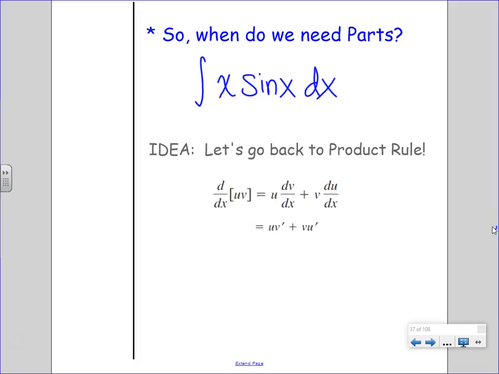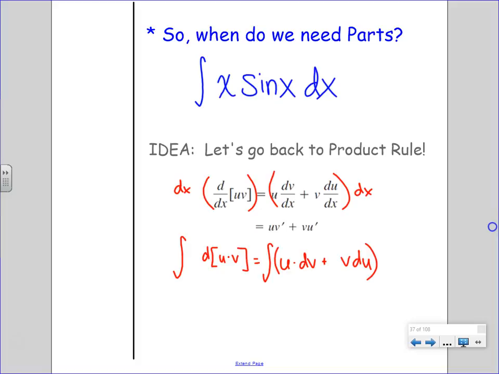So what happens if we multiply everything by dx? What do we get? We get u dv plus v du. Well, you should just get d up front, right? And what if we want to integrate both sides? If we want to integrate, then we get